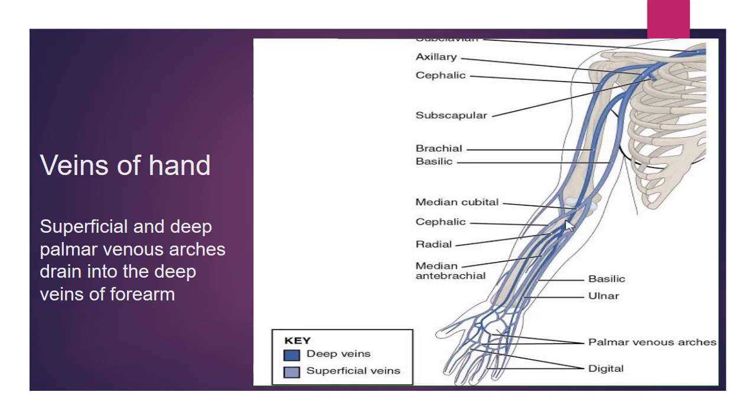These radial and ulnar veins, as you already know, further drain into the brachial vein, which is the main vein in the arm. This brachial vein then receives the drainage from the basilic vein at the lower border of teres major muscle and becomes the axillary vein. This axillary vein then receives the drainage from the cephalic vein and becomes the subclavian vein, this one. That was all about the arterial and venous drainage in the hand.